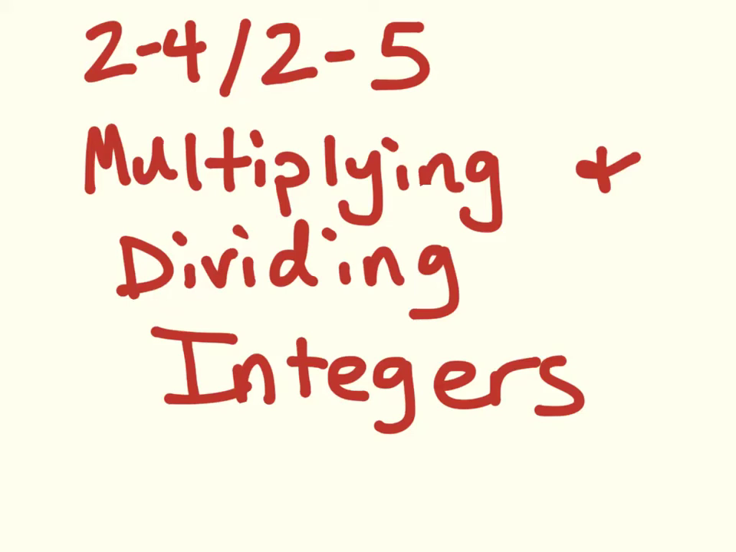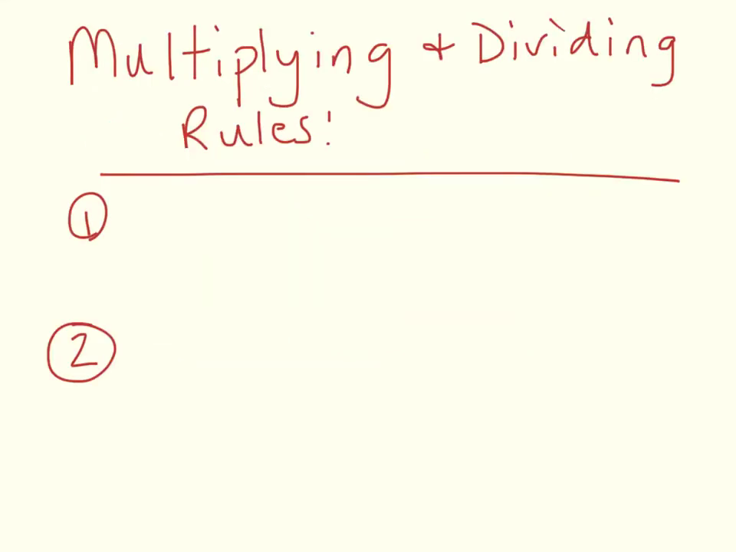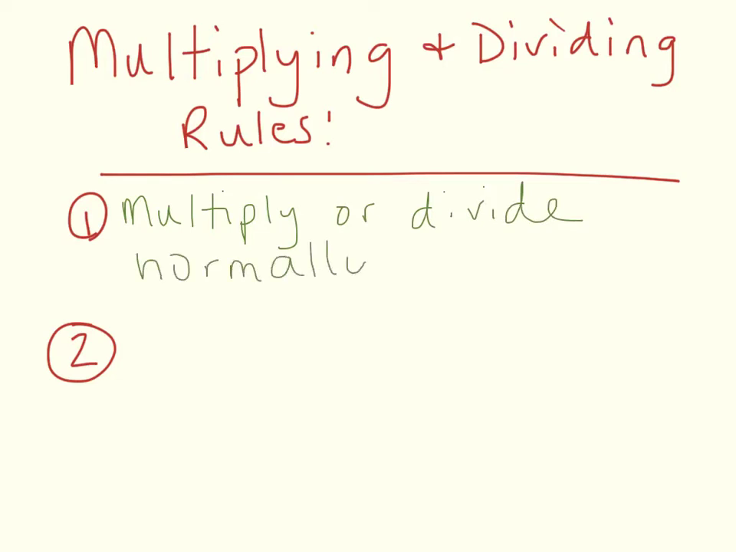Chapter 2, Lesson 4 and 5 on multiplying and dividing integers. Okay, the first thing we're going to look at is our rules for when we multiply and divide integers. Our first rule is we just multiply or divide, whatever one we're doing, normally. The only thing that we have to worry about is their sign, but we don't do anything different with the multiplication or division. And then how we determine the sign is